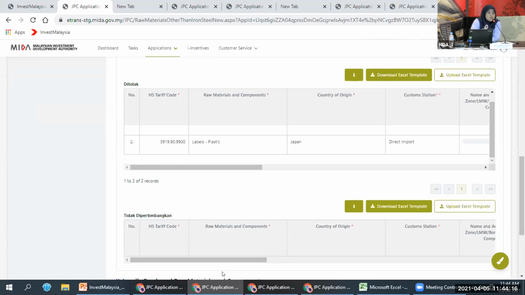And then make sure that you provide all the relevant previous approvals. If you have a few additional quantities, provide all the approval letters for the additional quantity. If you have had an extension previously, please provide the supporting document for the approval letter as well.